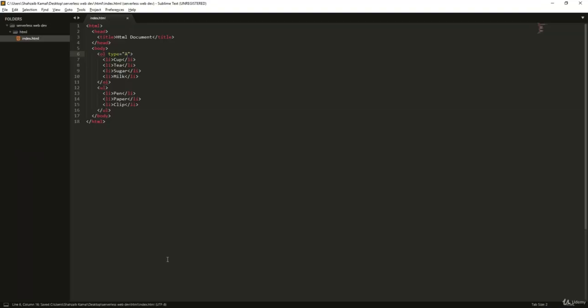I just want the capital A. To save it, go to the browser back and refresh that. Now you can see that A, B, C, D means capital A, small a. You can see that